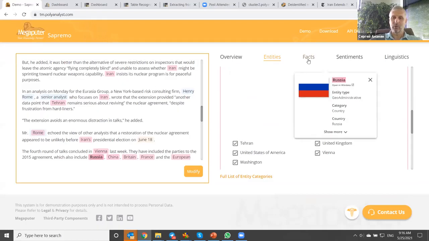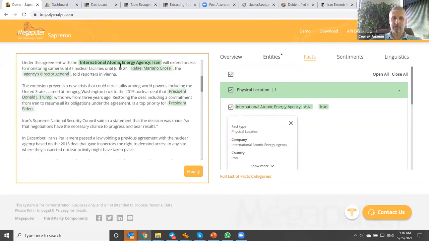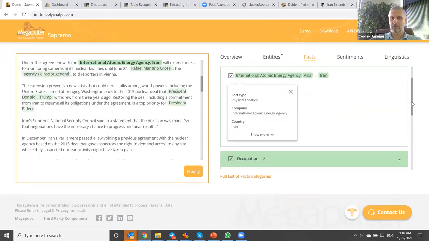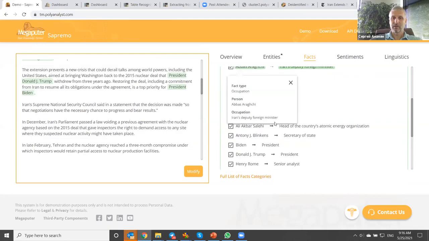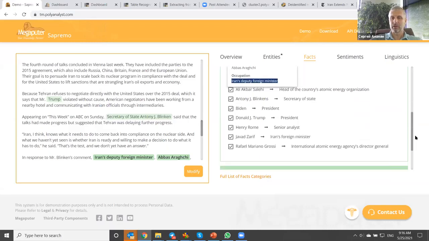So you also can extract facts. So we know, for example, that there is some physical location. So we know that there are different positions that people might have, that they have different places where they can be working.